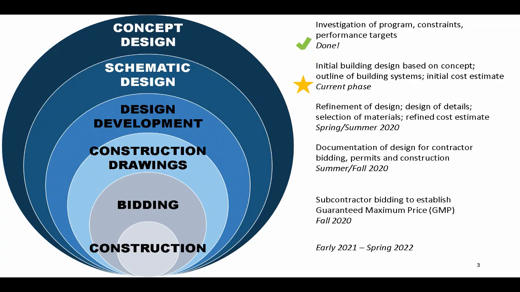The next phase is really developing that design, and when it's done in a pure process, the design work actually is pretty much finished when you get to the end of this design development phase. It's figuring out all of the final materials and all of the final equipment and making sure all of the details are figured out. And so with that again comes another cost estimate, but that allows you to transition into construction documents. At which point the design team is really just communicating.